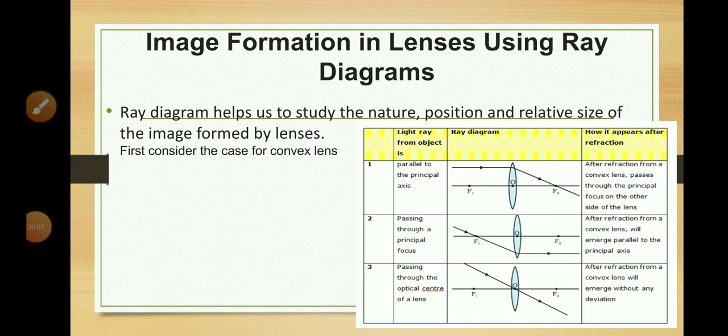Next topic is image formation for spherical lenses. We have light ray rules for lenses also, like for mirrors. We will learn how to apply these rules for constructing ray diagrams. So let's start with the convex lens. A convex lens is a converging lens. For image formation, we need to draw the lens accurately.